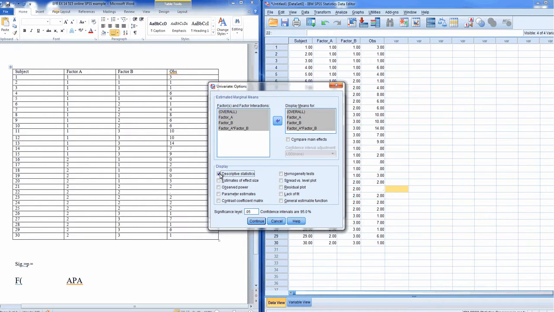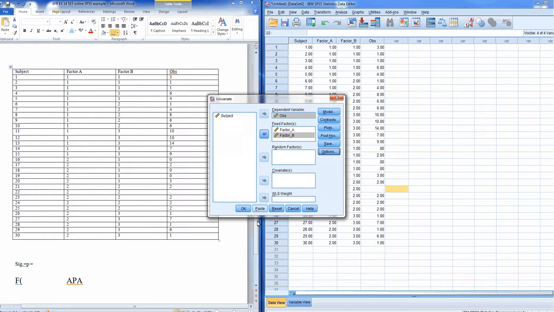So in the reporting of a manuscript, you'll need the means because basically it's a means model, and the mean differences for the main effect and the interactions will be part of the story. Once you've done all that, you're just going to go down and hit the Continue button. Now, once we hit Continue, we'll go down and click on Paste, and that'll paste the syntax into the syntax